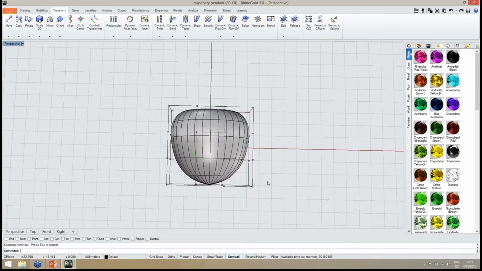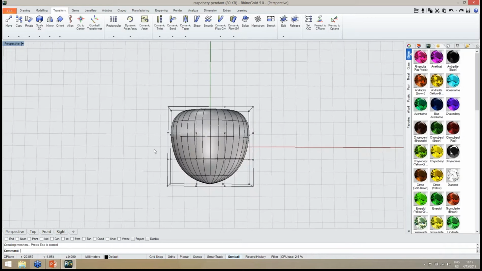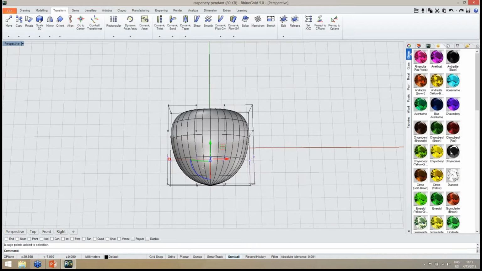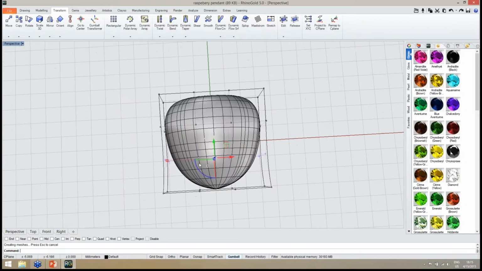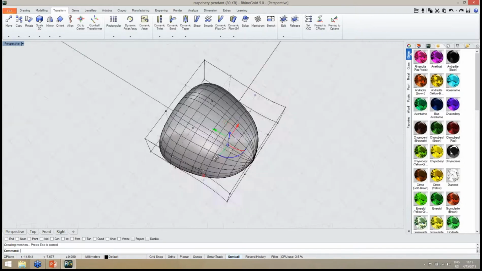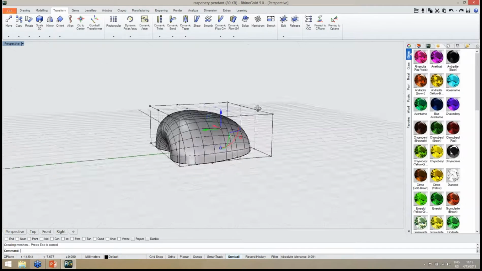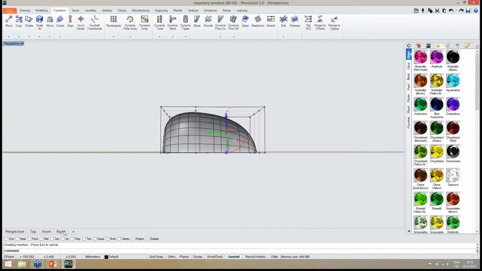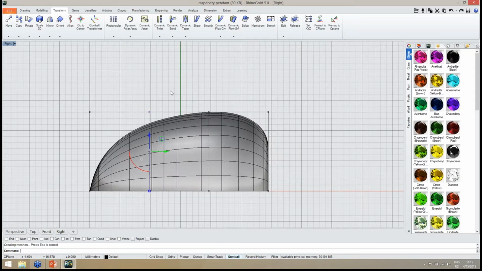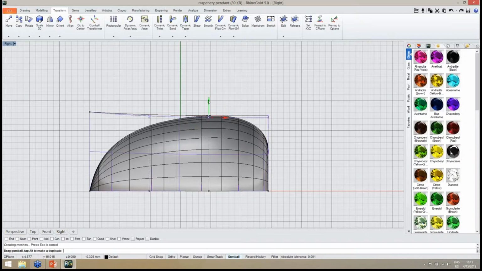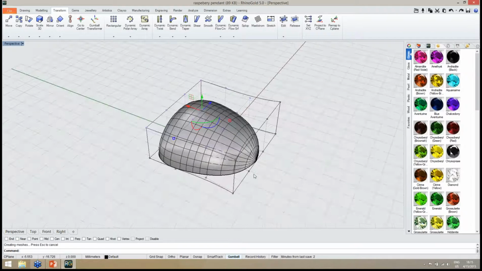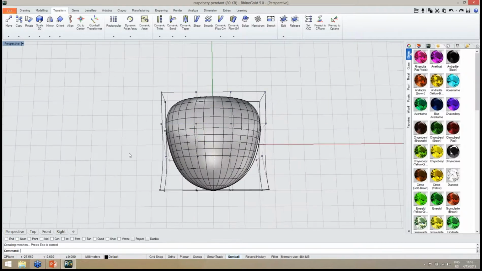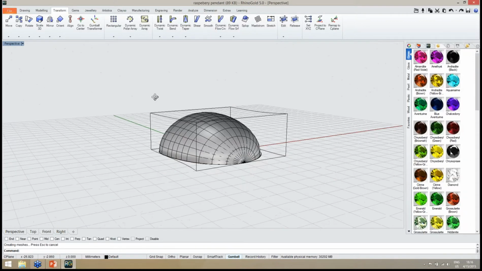Of course, as I told before, if I select, I just drag a window, these control points, and if I use the gumball to adjust a little bit the shape in here, as you can see easily, I can adjust my surface exactly as I need. So this is the idea. We adjust the surface as needed. Probably, let me go back to the right view. Probably in here I can adjust this part, move down a little bit more, like this. So I believe now the shape is the shape I'm looking for, and I press escape from the keyboard to